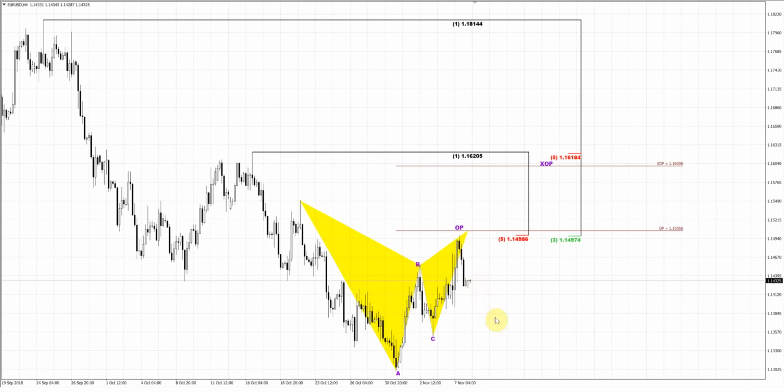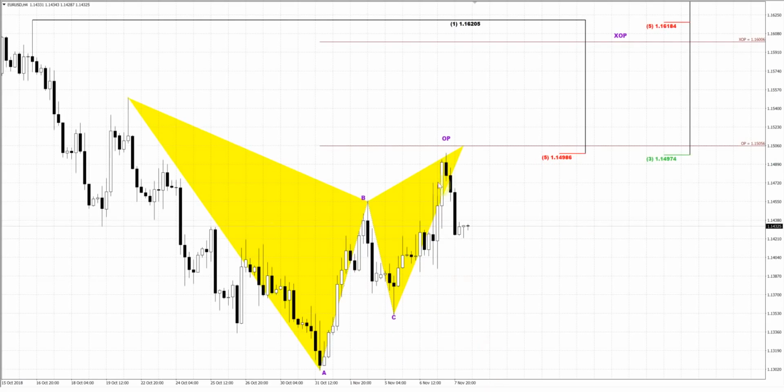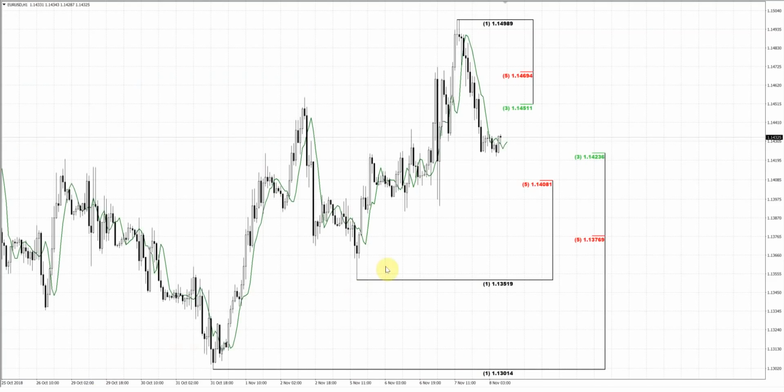So here we need to split the trading plan for those who believe that the euro will go up, and for those who are watching for taking the short position, who believe that the euro currency will drop here and continue the downside tendency. If you would like to take the short and you haven't taken the short here, then your trading plan is based on the upward retracement. So you need to take a look at the hourly chart. Here we have dropped down, and you need to keep an eye on the possible pullback here.